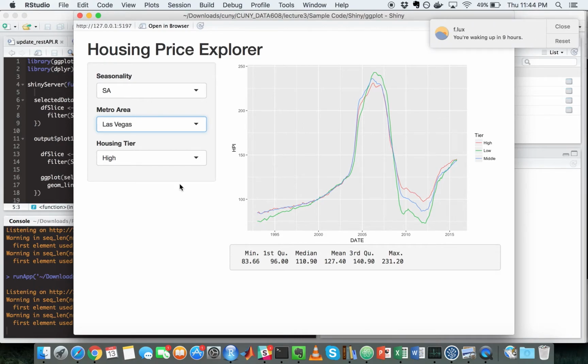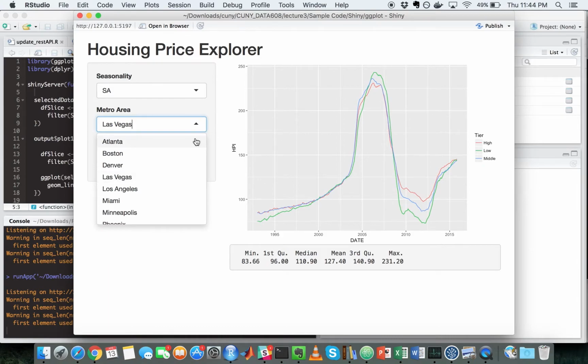Shiny does this automatically, but if you think about what's actually happening on the back end, there's a function that's laying in wait, and when you initiate an event, in this case when you choose something from the dropdown, that function activates and uses that value. So here, it's laying in wait. It's not doing anything until we choose something